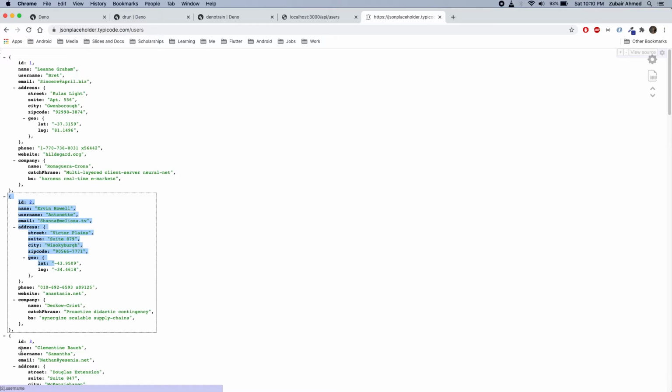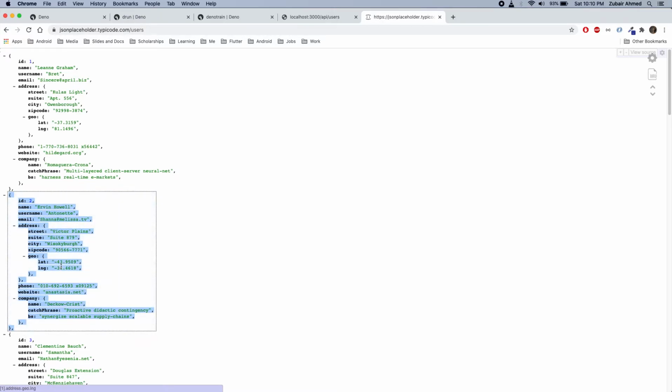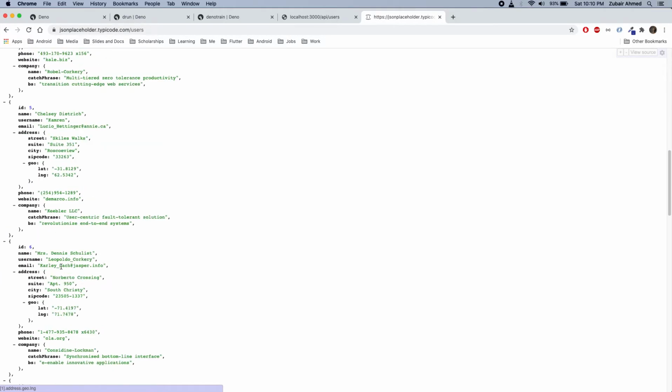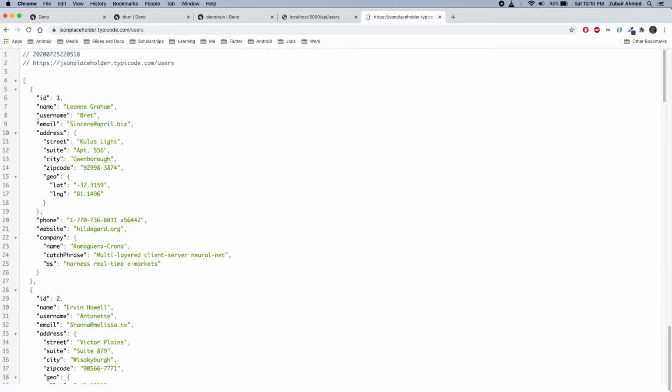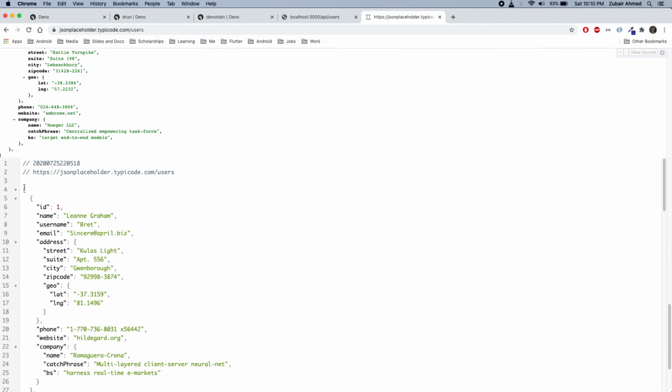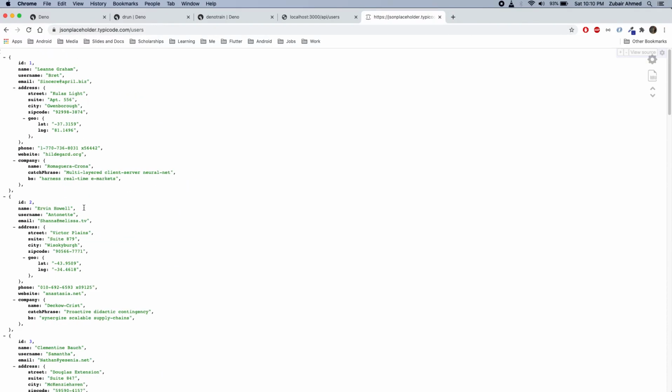So there are many users inside this response JSON. So what we are going to do is create our model classes, and we will fetch these user parameters as JSON and display those.